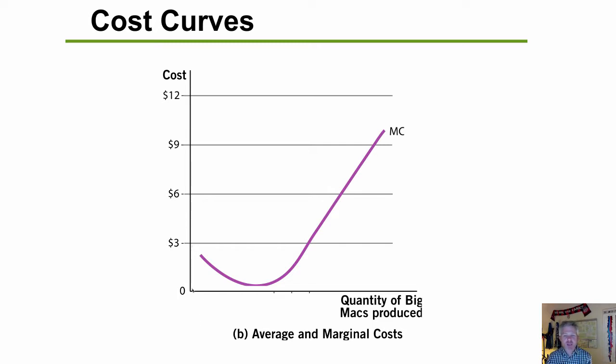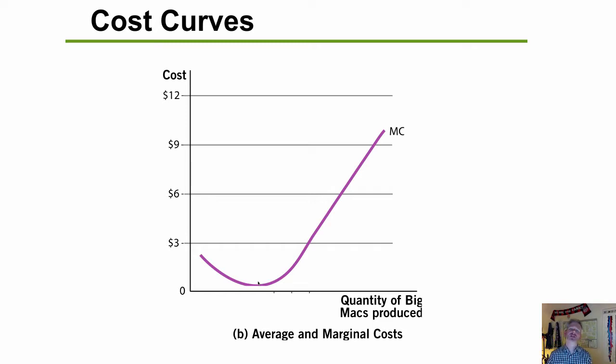All right, so as we produce more and more Big Macs, the marginal cost of each additional Big Mac falls at first, right? Because as we're producing more, we have that increasing marginal product, if you remember from a couple screencasts ago. And so that means that our costs are increasing more slowly than the quantity. And if the denominator gets bigger than the numerator, then the number gets smaller, right? So you go to a half, a fourth, an eighth, the number gets smaller. But eventually that